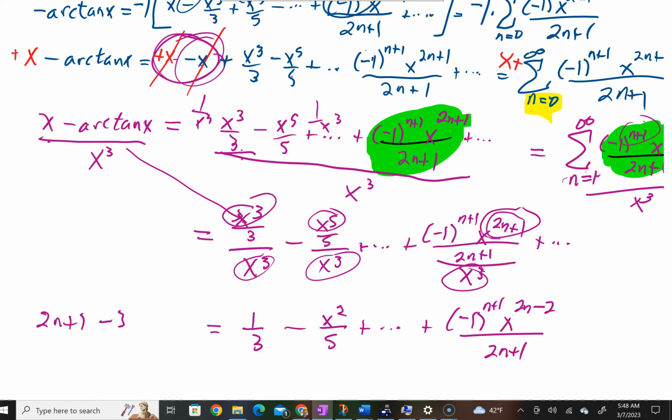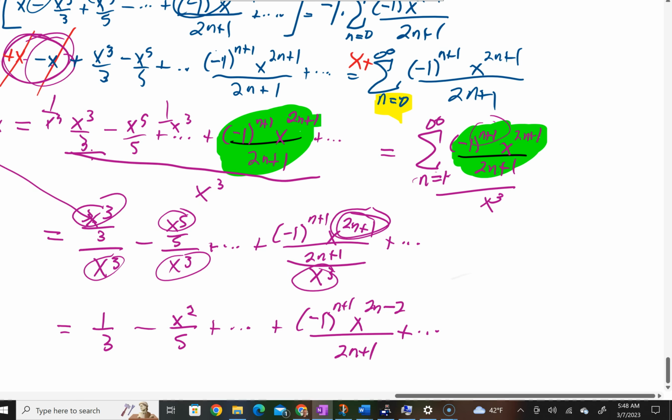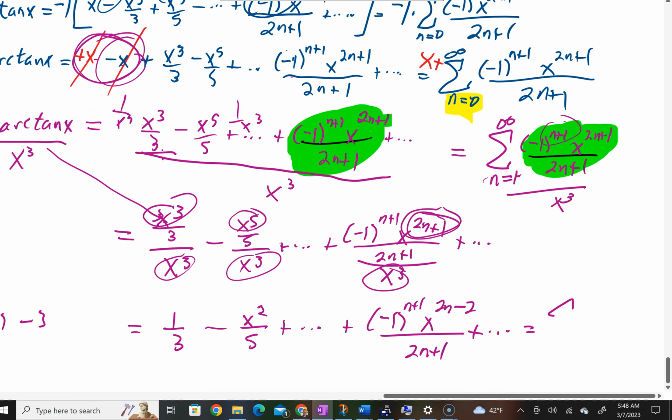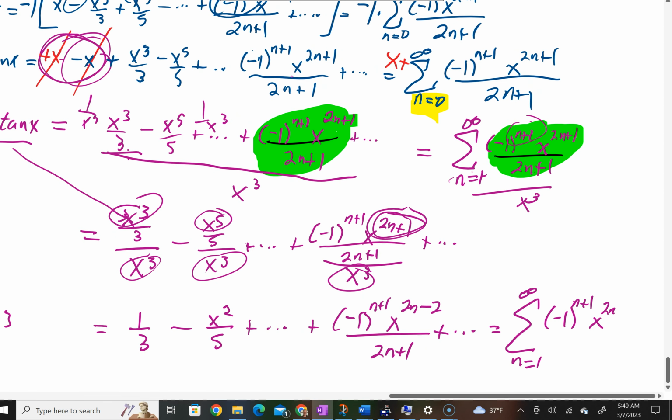But you're going to take 3 x's away from 2n plus 1. That's where we've got that. And inside of sigma, I think you could see this just as well. You say, wow, look here, we'll have negative 1 to the n plus 1. This becomes x to the 2n minus 2, all over